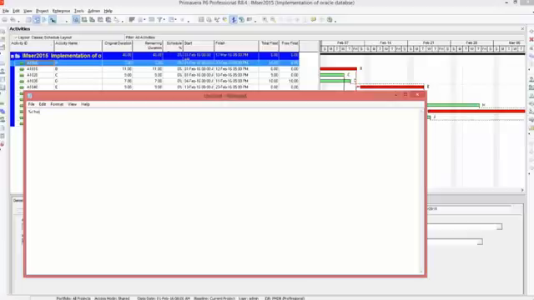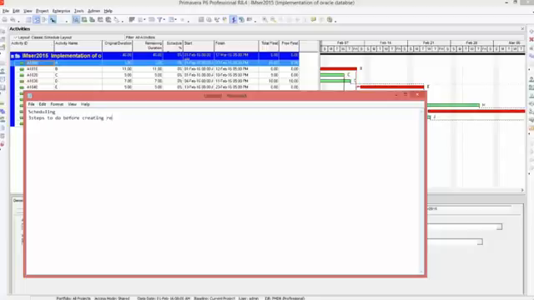So we have done up to scheduling. Now after scheduling, the next step is we will create and assign resources. So before you assign resource, you have to do three steps. Three steps to do before